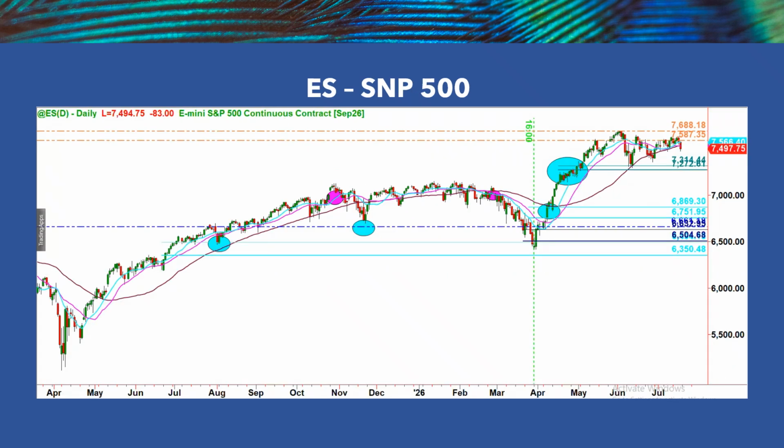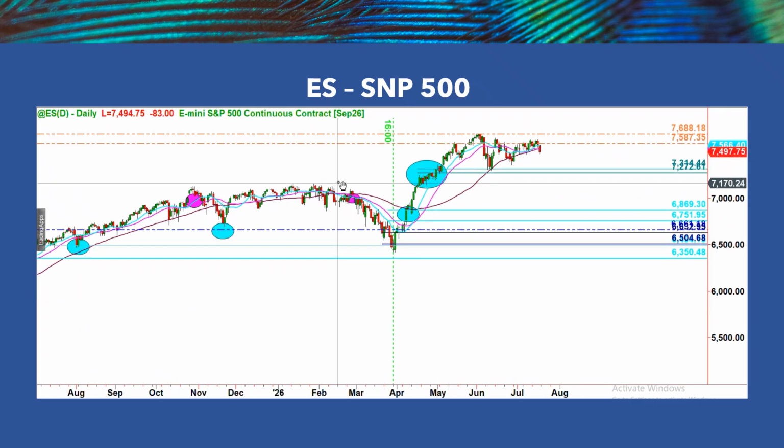The chart on our screen is that of ES, the S&P 500 based ETF, and we're looking at the daily chart. The S&P 500 hasn't been as weak as the Nasdaq and has been just printing dojis after dojis for the entire week, but the fall on Friday as well wasn't out of the range.